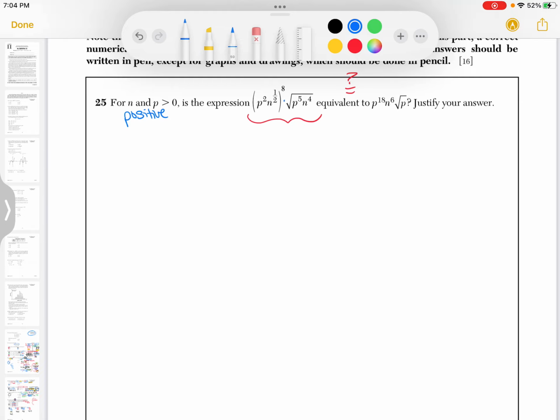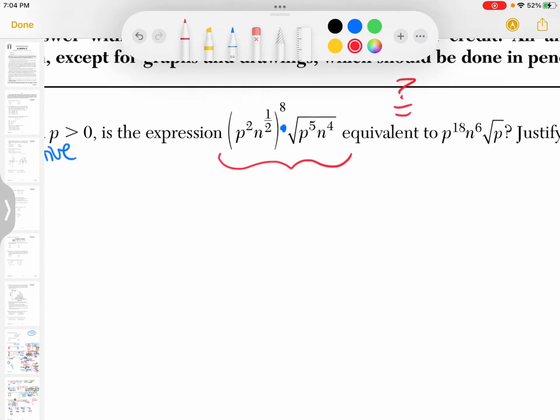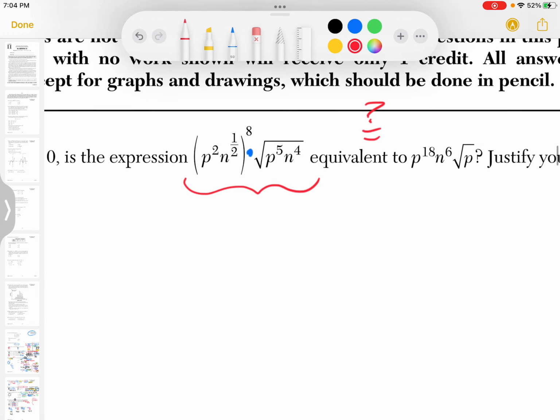Now, these two things are being multiplied, and this is a lot of exponent rules. So before I can use my exponent rules, I have to simplify this radical by getting rid of the radical. Now, it is a square root, so there's an invisible 2 here. For now, I'm just going to bring this down. So it's p squared n to the 1 over 2, and that's all being raised to the 8th, times